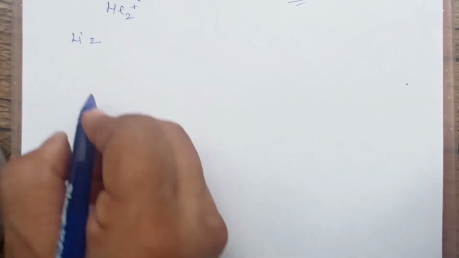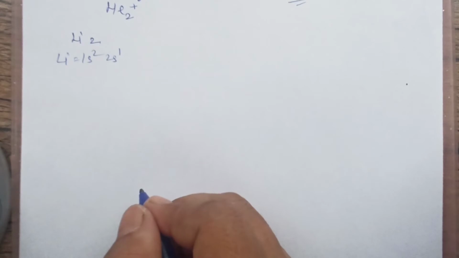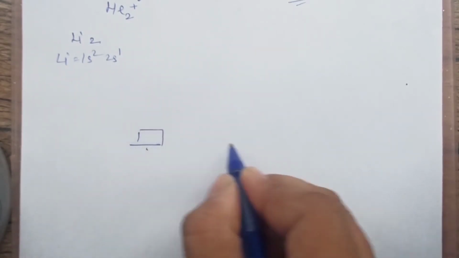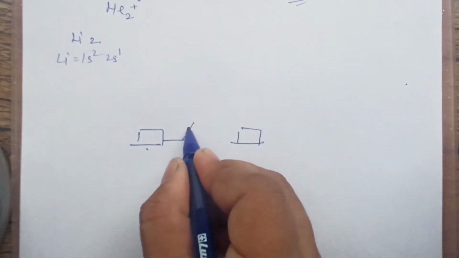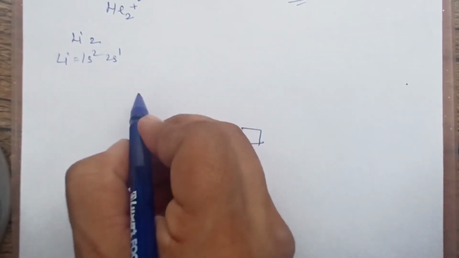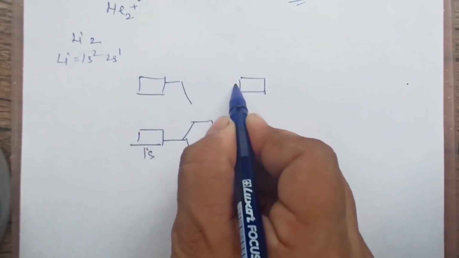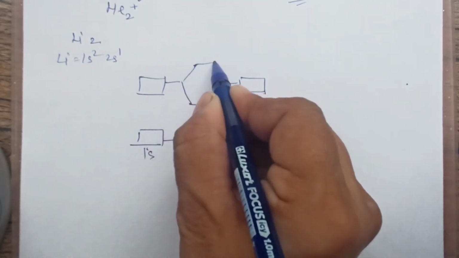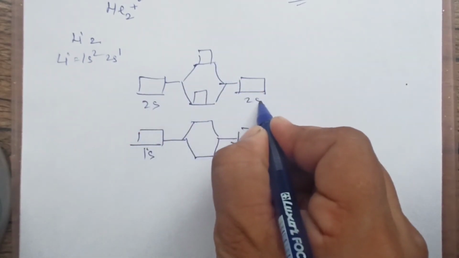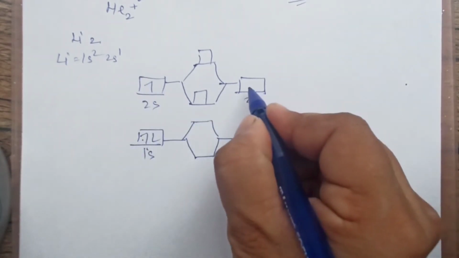So what we will do, children, we know the Li configuration is 1s2 and 2s1. Right? So when we are writing, we will write like this: 1s and 1s of another. They are going to combine and form 2 molecular orbitals. This is 1s and 1s. I'm drawing for 1s and showing you, but anyway I will also tell you how it is getting cancelled, because it is the same. Right, this is 1s, this is 2s, and this is 2s. So we will draw 2 electrons here and 1 electron here. 2 electrons here and 1 electron here.